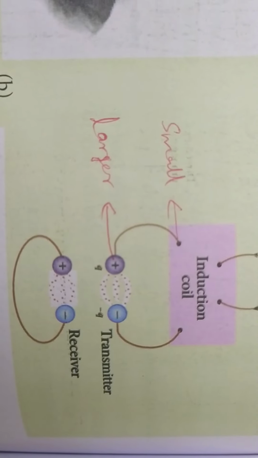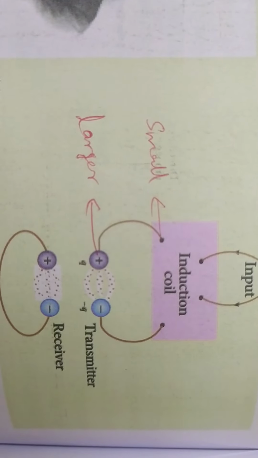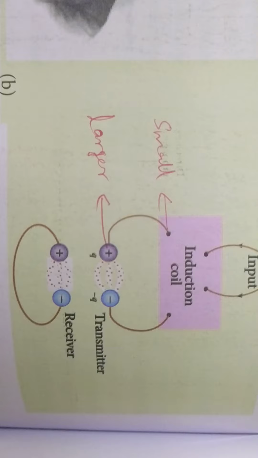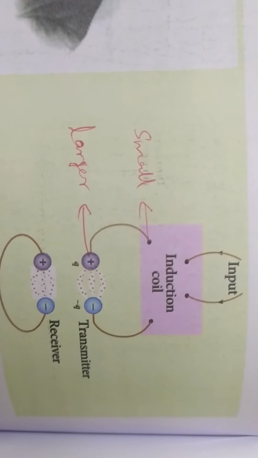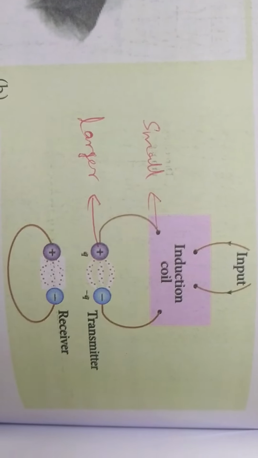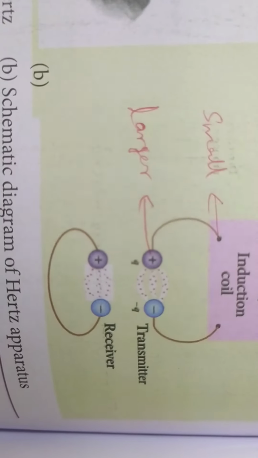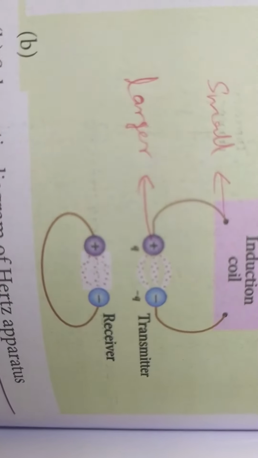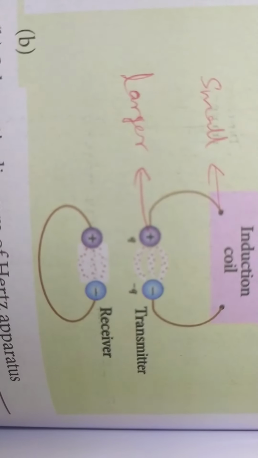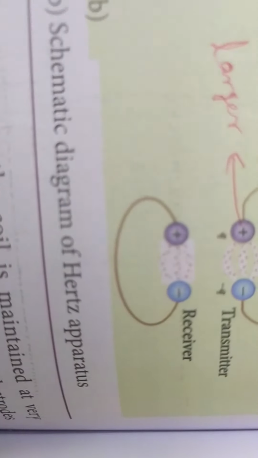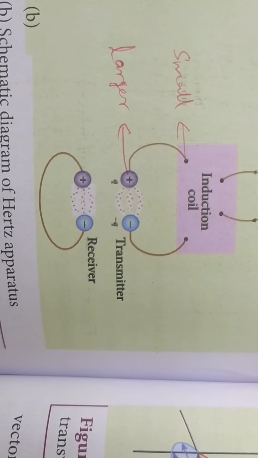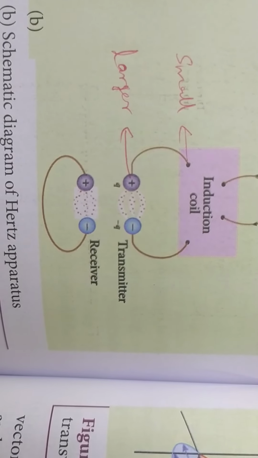you see the small balls will be there and they act as electrodes, and these small balls are connected, the other end is connected with the induction coil where a high voltage is given as input, and here the larger balls act as a transmitter and it transmits the electromagnetic waves. And this part is called a receiver, and this transmitter will produce electromagnetic waves and the receiver will